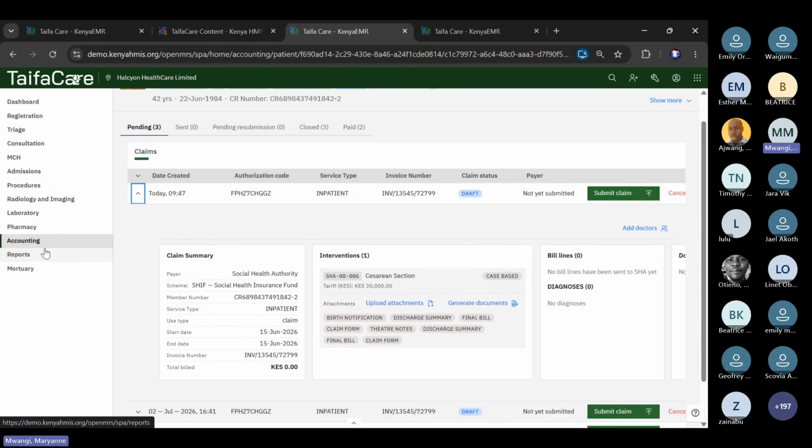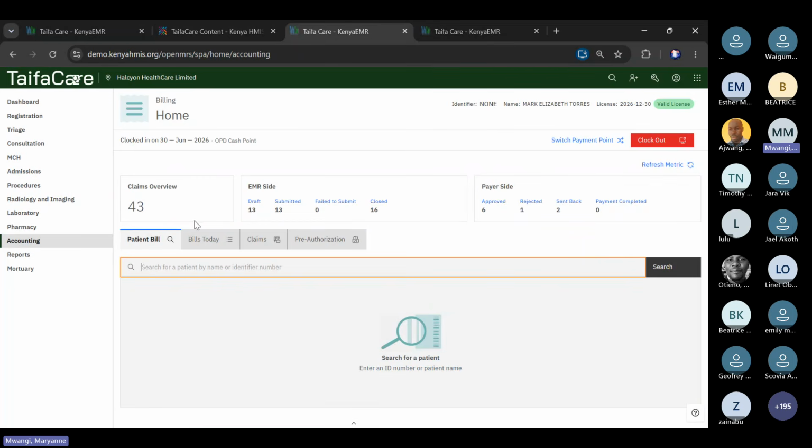So we're going to start with the workflow now for ensuring we submit a successful claim, starting with clearing the bill. Can somebody confirm for me that our diagnosis has loaded from the clinical encounters and the clinical forms? So I'm going to go back to accounting. One, they can access the patient bill by searching for a patient,